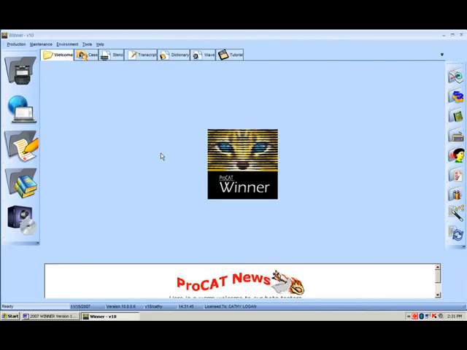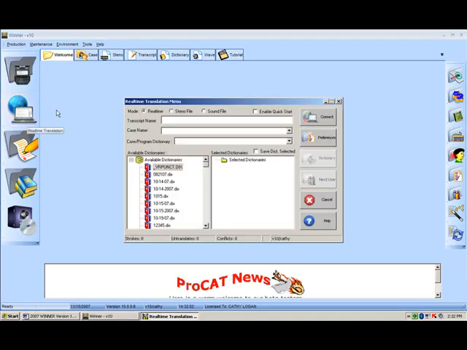Hello. As promised, I'm now going to show you how to use your super tokens during real time. First thing we will do is go into real time. So from the main menu, click on your real time icon. Make sure the mode is set to real time